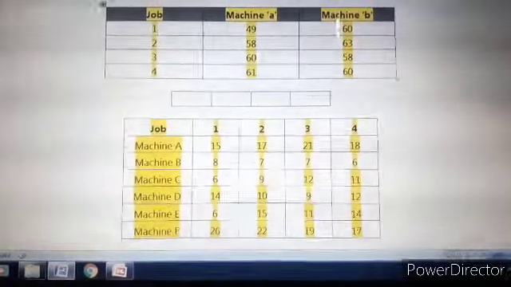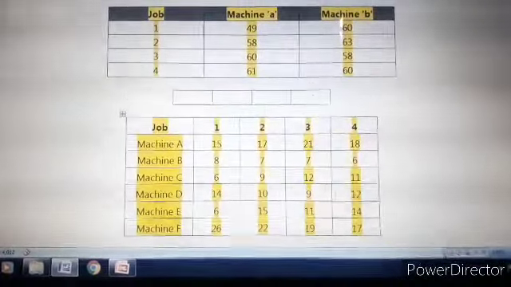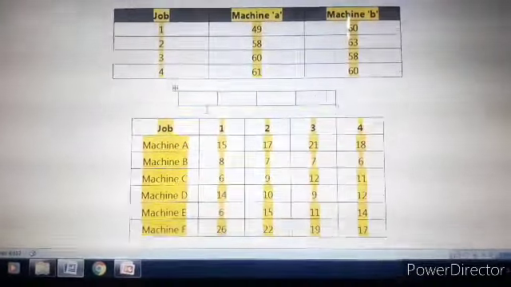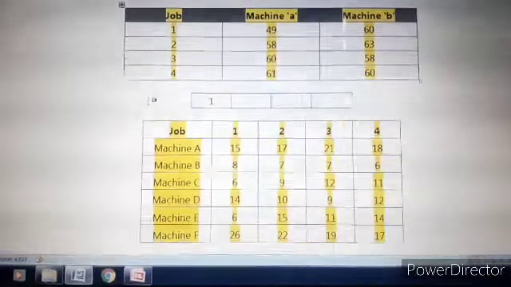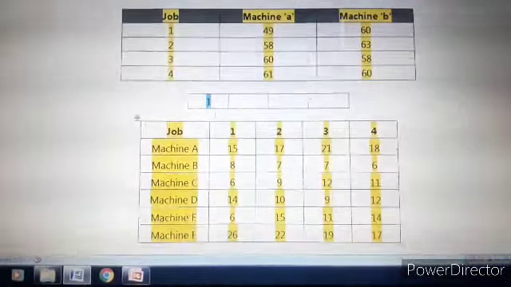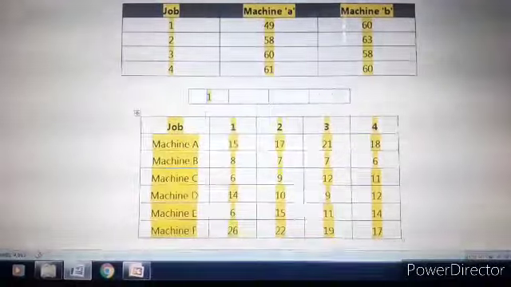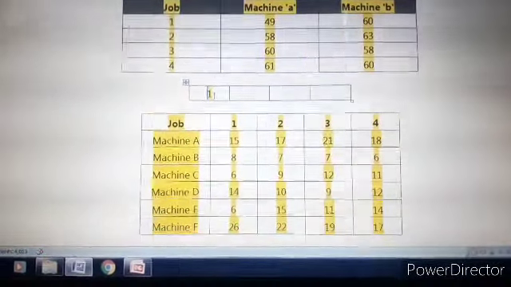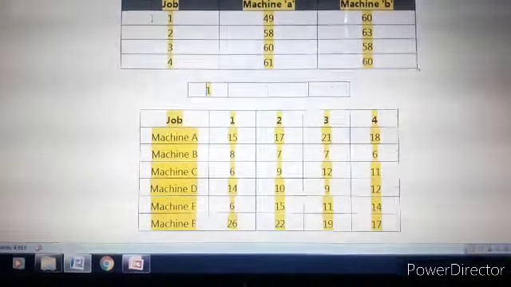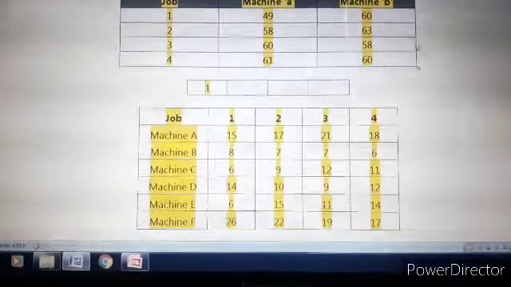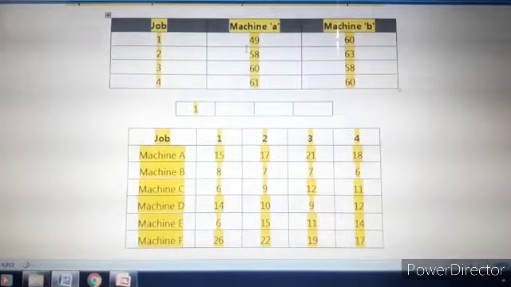So that's why we'll select this job 1. Again this 49 is in the first column. So that's why we'll process this job 1 first on machine small a. So that's why here I have written job 1 in the first cell of the machine small a. Now once we assign this job 1, then we have to cross off this row 1. Then we have to proceed for next smallest value. So next smallest value is 58.